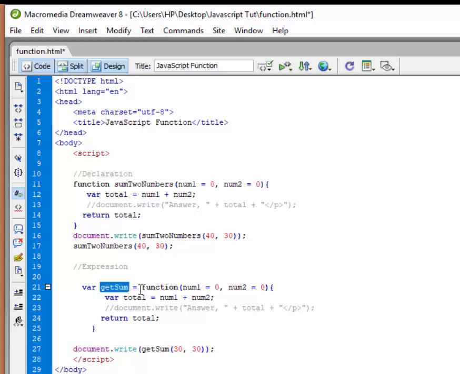Okay, in the next part of the tutorial, I'm going to be teaching you finally what we call the variable scope. See you in the next